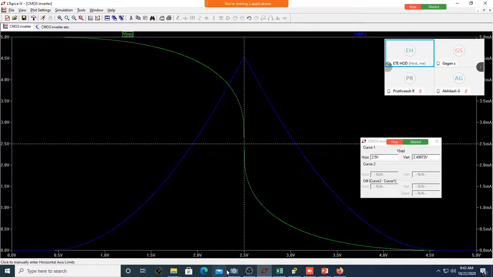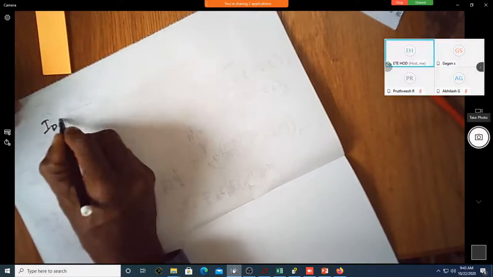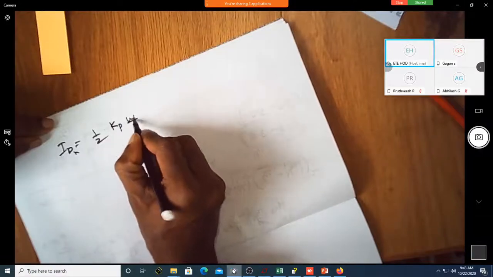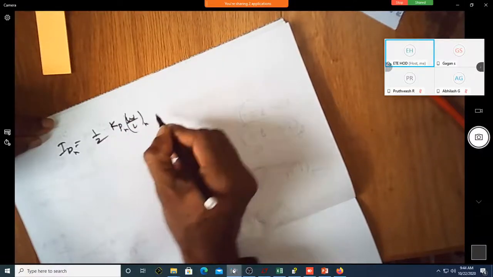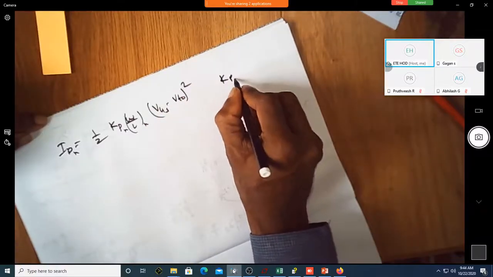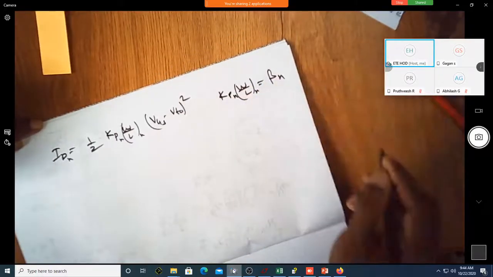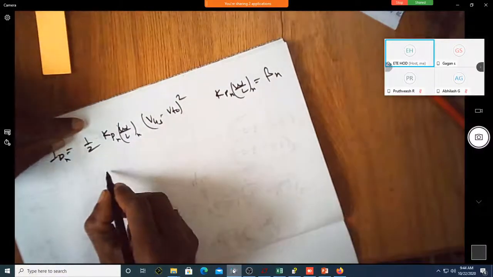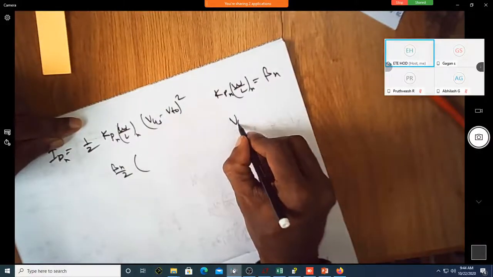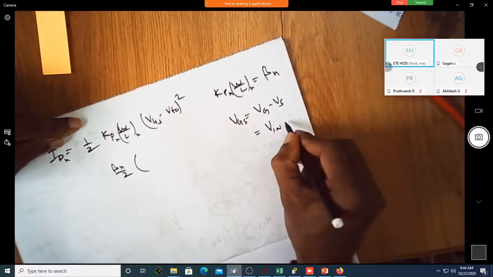Shall I write Vgs as equal to Vg minus Vs for NMOS and PMOS transistors? Yes, sir. Okay, let me do this. ID of N is equal to half Kp W by L, this is N, this is again N, (Vgs minus Vto) whole square. Usually Kp of N and W by L of N is also written as beta N. So let me write it as beta N by 2. Shall I write Vgs as equal to Vg minus Vs, and this is equal to Vin minus 0?